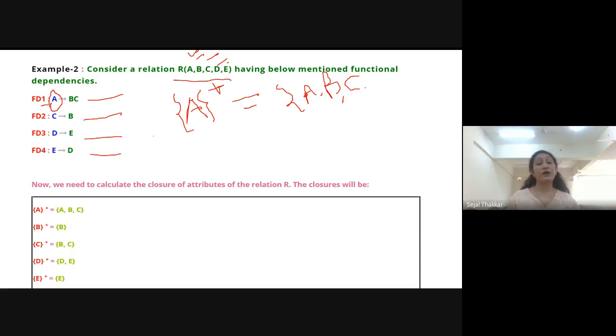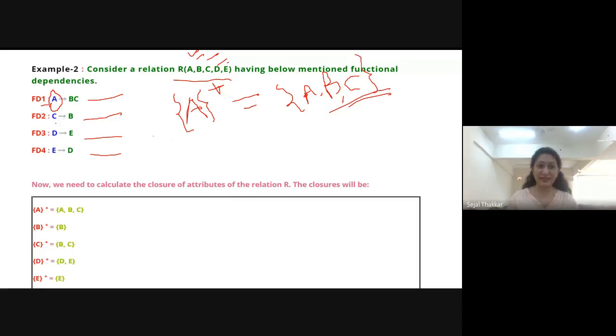Right? Now you have to check everything. Whether there is anything from these 3, or from a combination of any 2, or a combination of 3 individually, everything, whatever we have in the bracket, we have to check, right? Now let's check one by one.